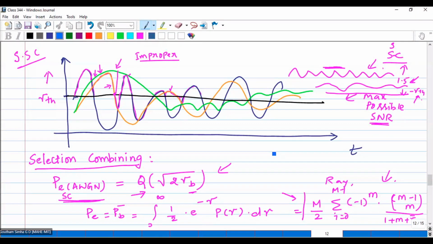Yeah. So correct me if I'm wrong, but the idea here is that you select a channel and you don't think about switching until and unless the channel you're on, its SNR reaches below gamma TH. That's what's happening. Exactly. So, sir, then in the starting, when I'm referring to the figure, you take the pink